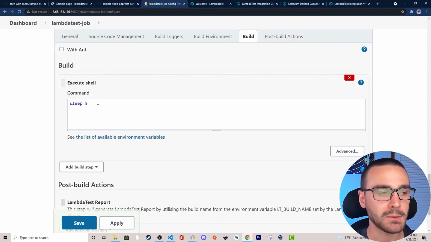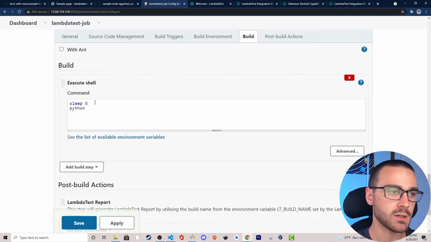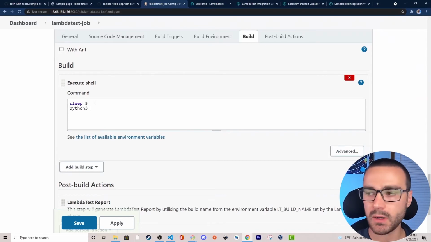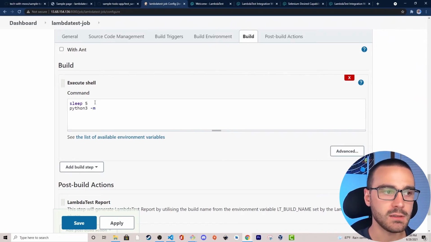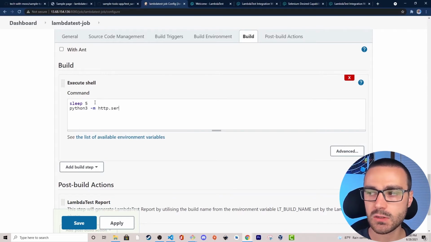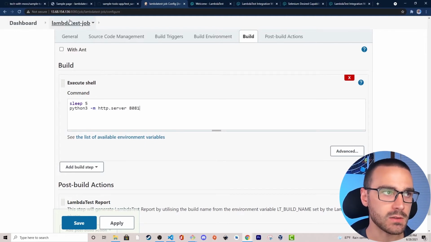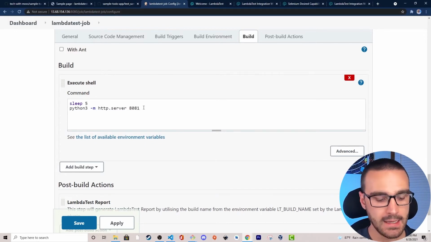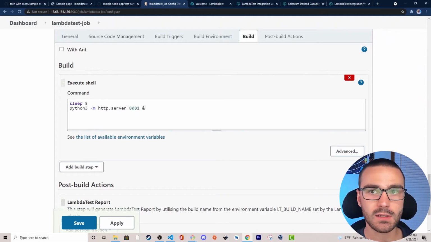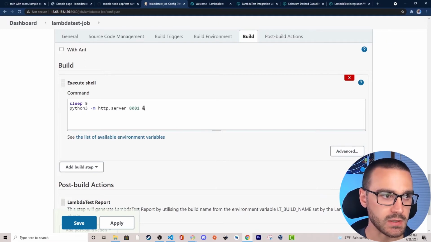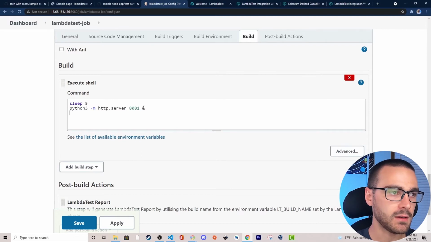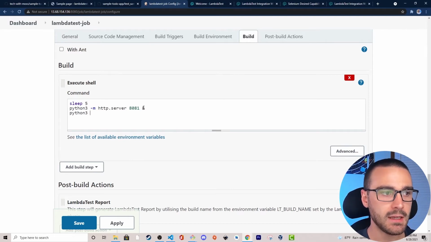That just gives the tunnel a little bit of time to make a connection. And then after invoking sleep, I'm going to start the Python server. So I'm going to invoke Python 3, and then the module http.server, and we're going to run it on 8081 since this Jenkins server is running on 8080, and then ampersand so that this is a non-blocking shell command. It'll just execute this process in the background,